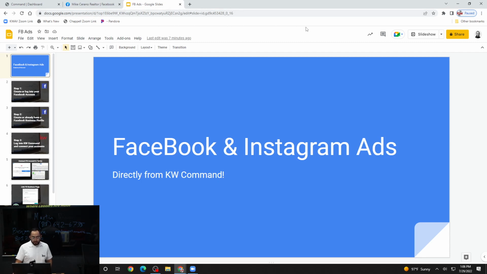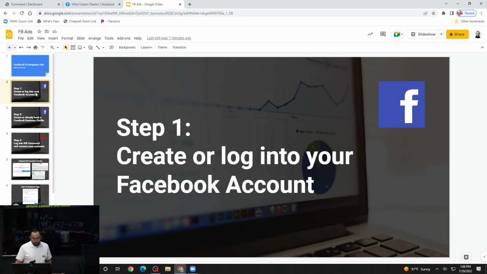So the first thing you guys are going to want to do is, if you haven't set up your Command account with Facebook, log into your Facebook account. Quick question, the Facebook account is personal, but I created a business page. How do I just sign into my regular personal account? Yeah, so you're gonna be signing into your personal account